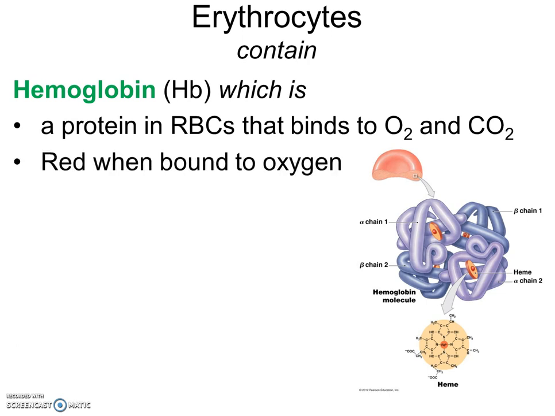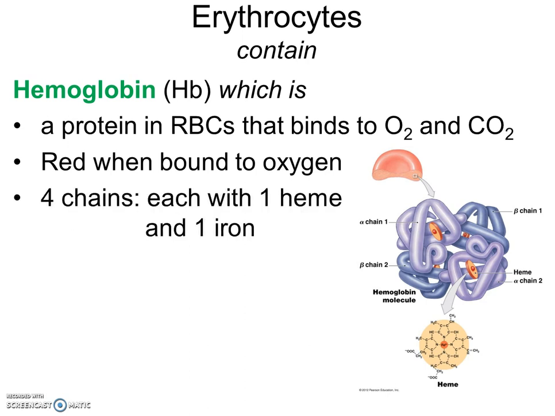Now, when hemoglobin is actually bound to oxygen, it turns a nice bright red color, and that's what makes the red blood cells red, and your overall blood red. Now, if you look into one hemoglobin, each red blood cell actually has about 250 million hemoglobins, but if you look at just one hemoglobin, it has 4 chains